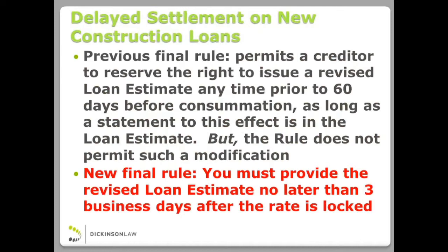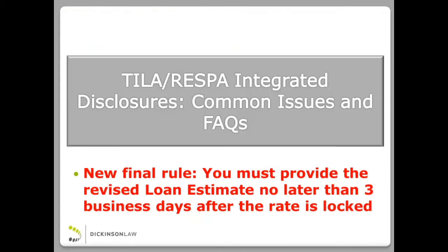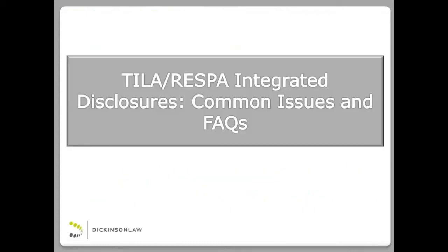But the way they had that initial rule laid out, they messed up and said that you have to reserve that right, but then later in the rule said you can't make any modifications to this form and didn't list that reservation of rights as one of the permitted modifications. So you're required to do it, but you can't do it. So they've amended that in the new final rule. Now you can provide that on the loan estimate and it's not an issue. That's really it for the January 20th rule.